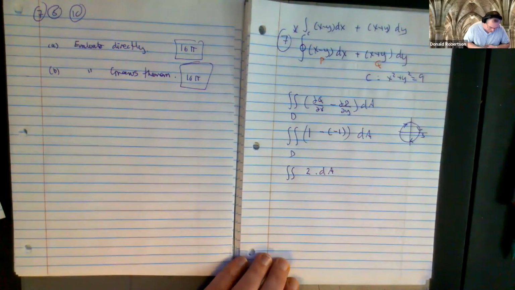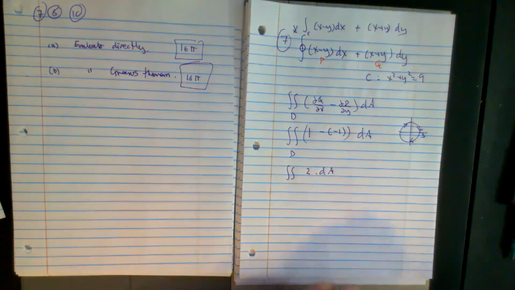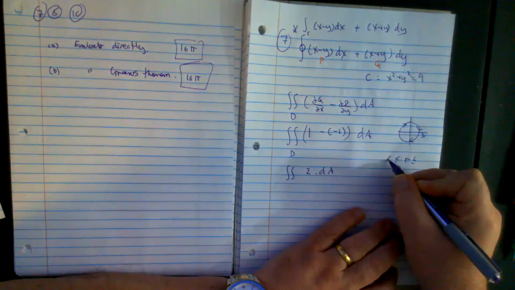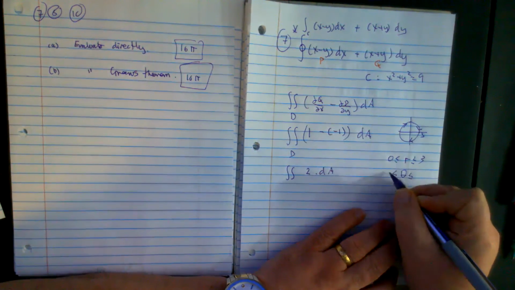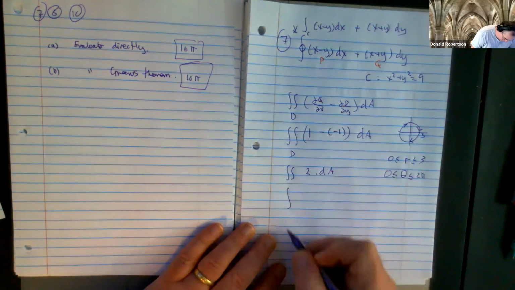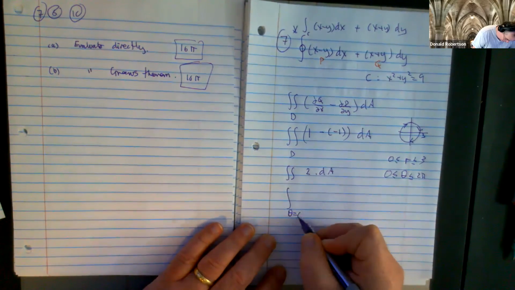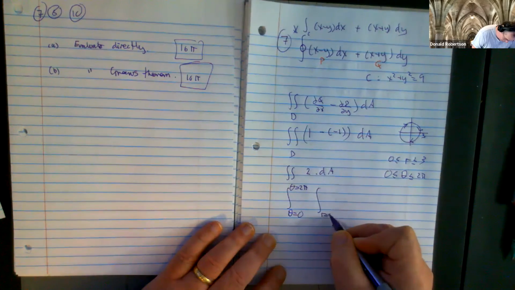Would you agree that this would probably work really well if you just turned it into, say, polar, because it is a circle? Yeah, and so r goes from 0 to 3, and theta goes from 0 to 2 pi. So theta equals 0 to theta equals 2 pi, r equals 0 to r equals 3, and now